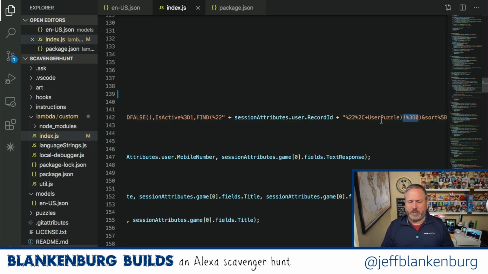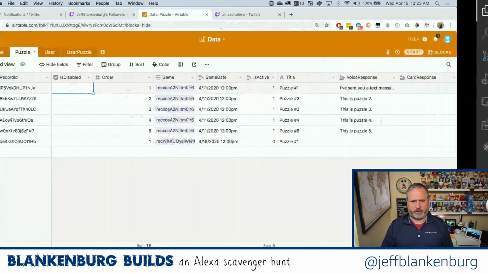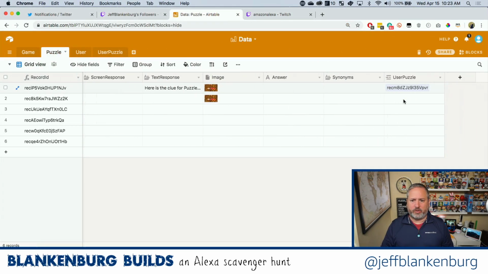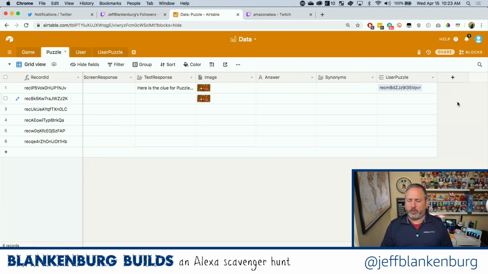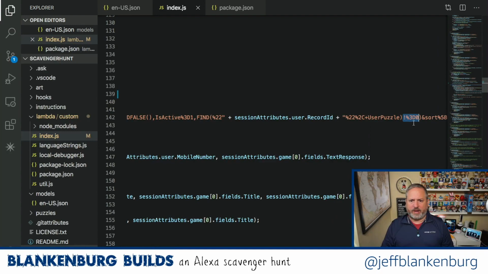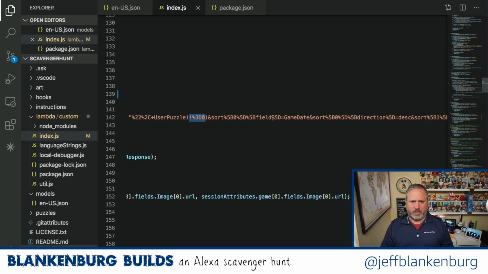No, I'm sorry, isn't equal to true, basically. But what I'm saying is if their user ID shows up here, I don't want that record. So exclude those from what I'm querying. And then finally, I'm sorting them. And I'm telling it, I'm sorting it by